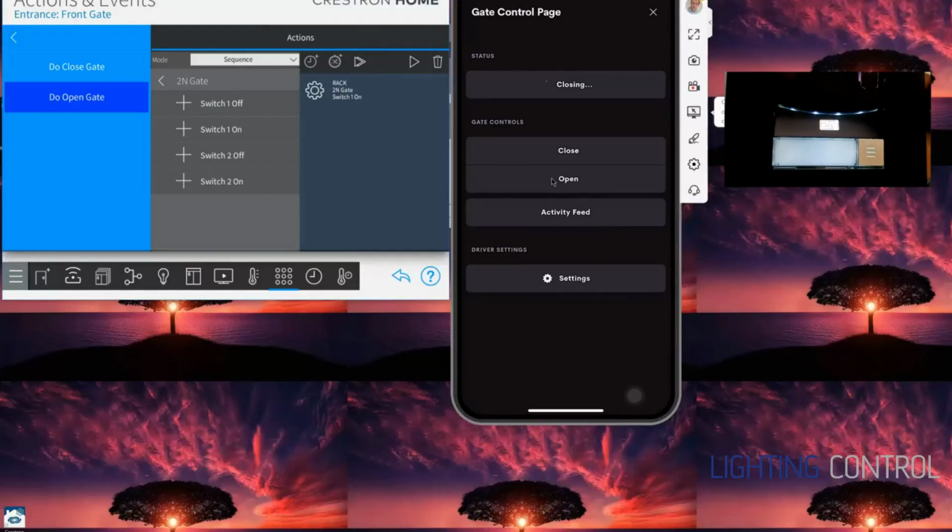Now if I open the gate again, if I then close the gate, but the gate sensor remains open,